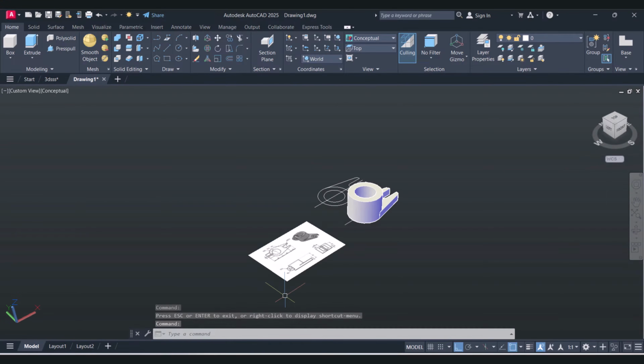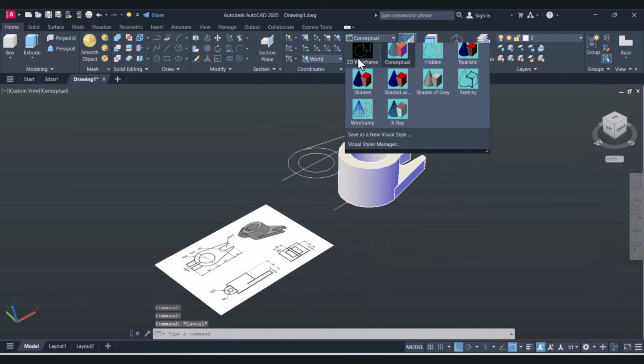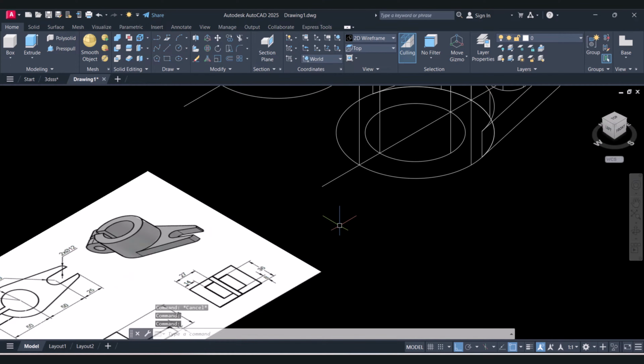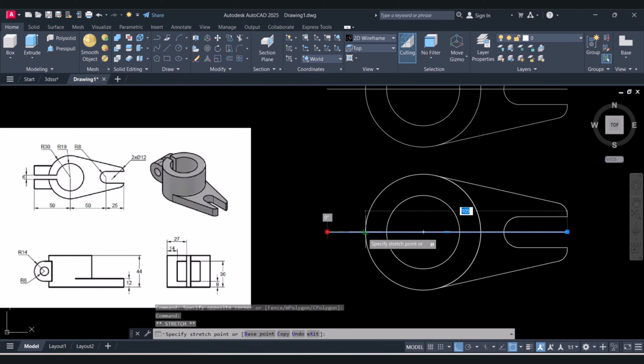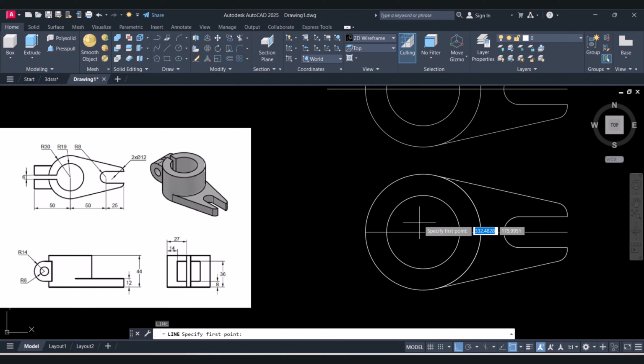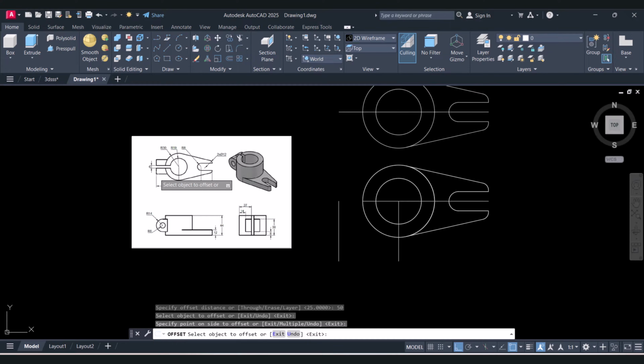Now we have to create this portion here. So here I will click on top view and I will create one reference line here. It is 50, because this is the 50,